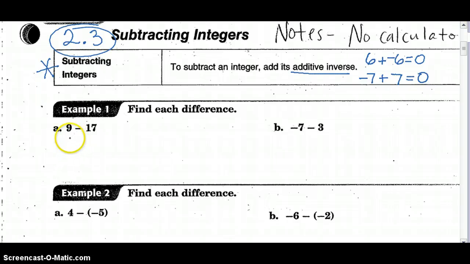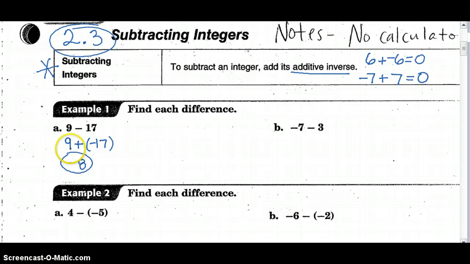Let me show you what that looks like when you're working the problem. 9 minus 17. We're really just adding to 9 a negative 17. So if we add to 9 a negative 17, you know to subtract and keep the sign of the larger number. So 17 minus 9 is 8, and I'm going to keep it negative